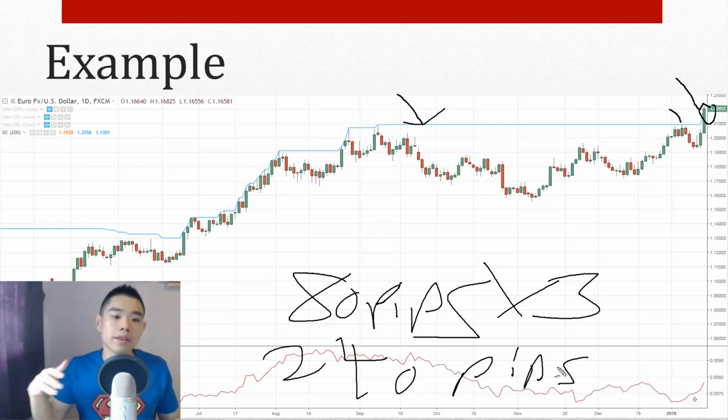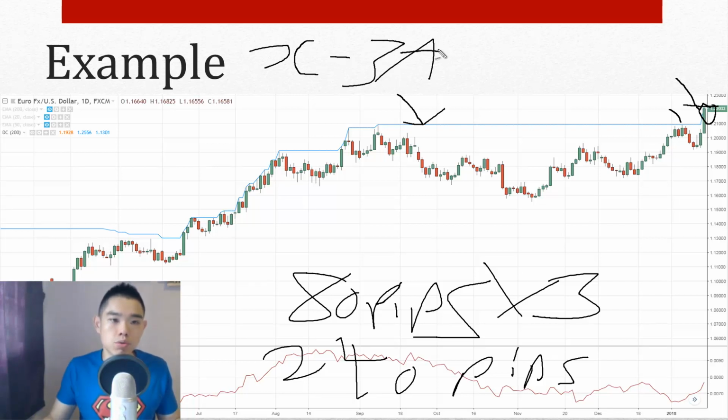So far, so good. The next thing you'll do is identify the highest high at this point in time. Let's call it X. So your trailing stop loss is simply X minus 3 ATR, which is 240 pips, which we got over here, and that is your trailing stop loss. Let's call it Y. Let's say it's somewhere over here. I didn't calculate it. So that's how you set your trailing stop loss.